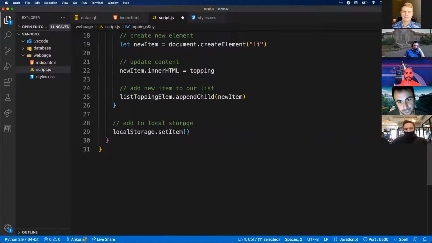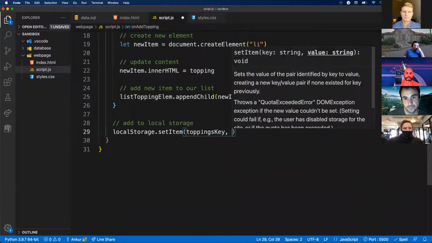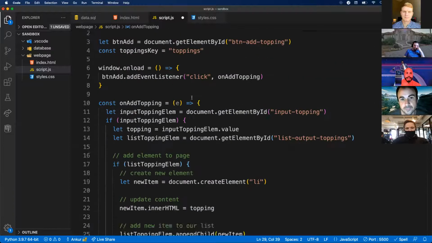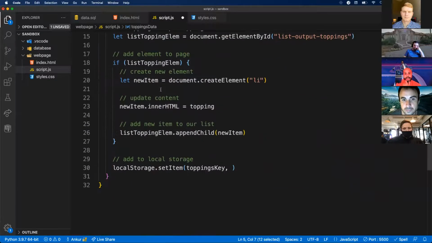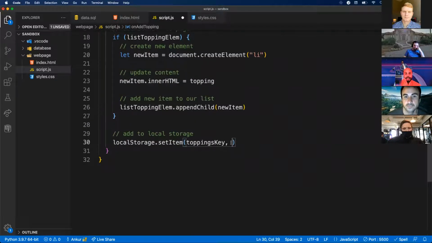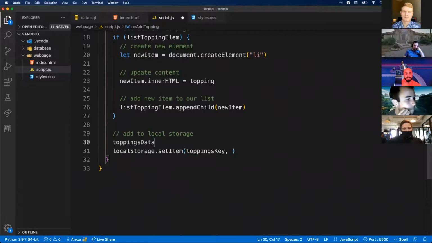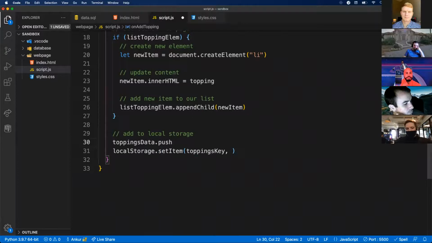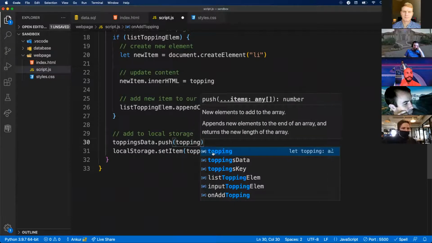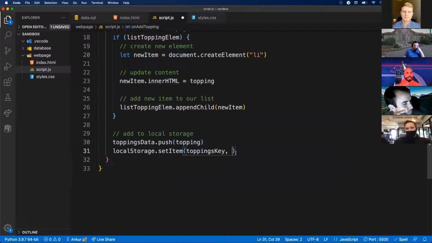Again, local storage just deals with strings. toppingsKey. And then I want, let's say, a toppings array. So const toppingsData. All right, so we're going to start with an empty list. toppingsData is going to be a list or an array, I guess, in this sense. So what I want to do is toppingsData, I want to push a new topping. And I want to do